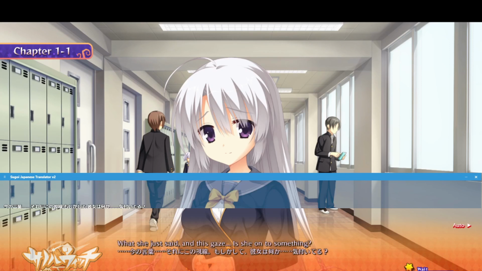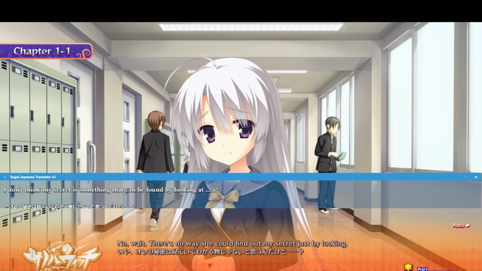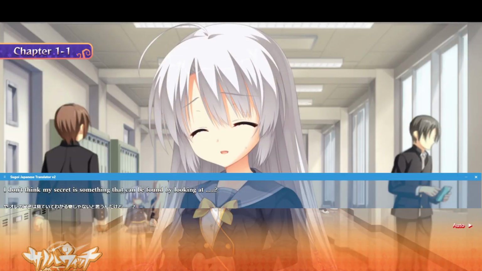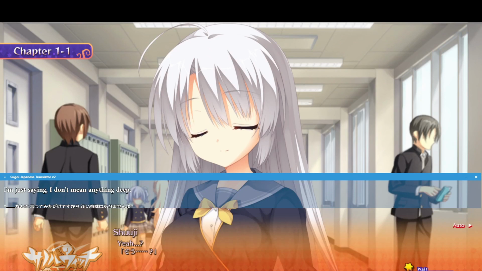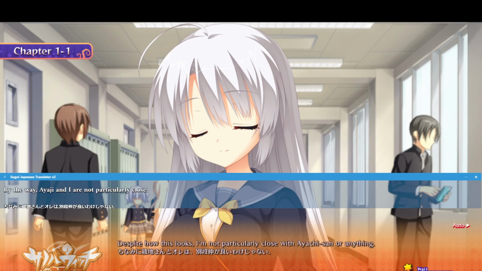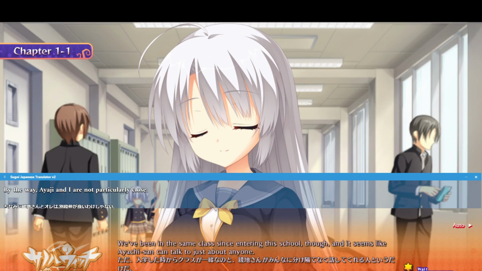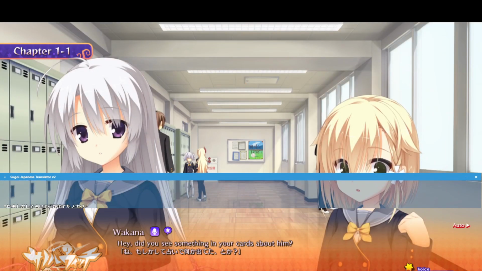Machine translation can't translate context very well. That's why having an official translation and editor can help make the English text read better. But so far, it kind of seems like if you just want a general idea of what the text reads, machine translation, at least if you use DeepL, can kind of get the idea, it just won't read as well.